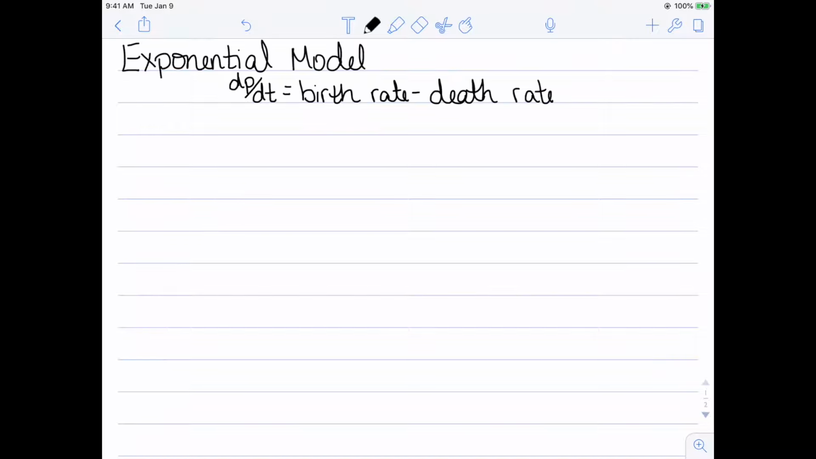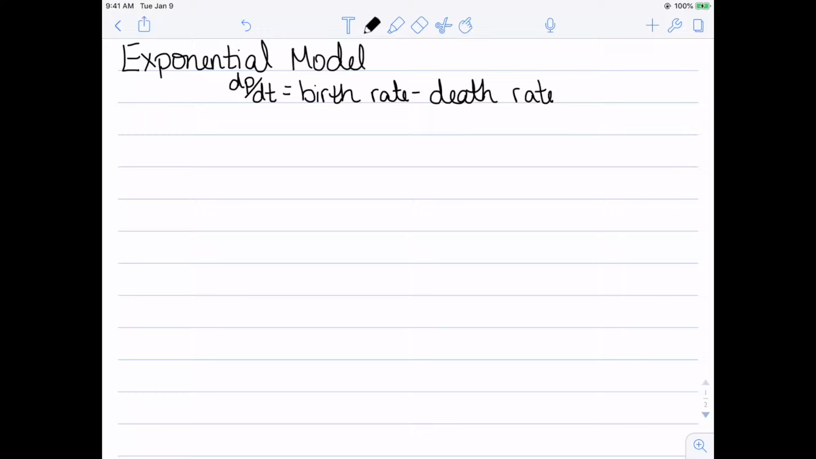We'll now talk about models for population. And we'll do this using two different models, the exponential model and the logistic model. So let's start with the idea of the exponential. The basics of the exponential model is that the derivative of the population, how quickly it's changing, is equal to